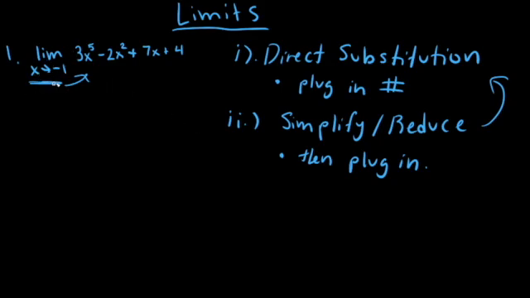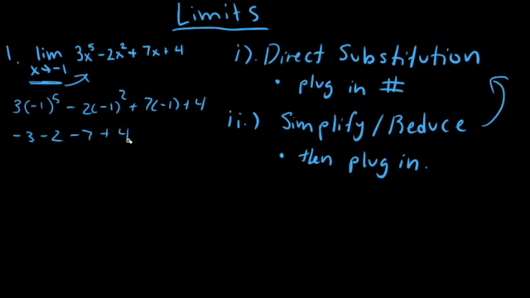So we want to just plug in -1 for x. So we get 3 times -1 to the power of 5 minus 2 times -1 squared plus 7 times -1 plus 4. Now if we reduce this, we get -1 to the power of 5, which is still -1. So that would give us -3, and then -1 squared is 1, so that would give us -2, because -2 times 1 is -2. And then 7 times -1 is -7, and then plus 4. Now -3 minus 2 minus 7 gives us -12, and -12 plus 4 gives us -8. Now as you can see, this is not 0 over 0, so we have our limit,